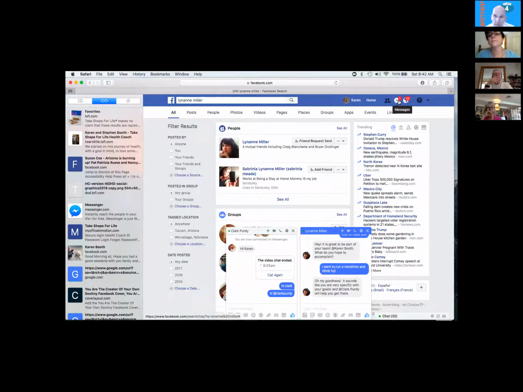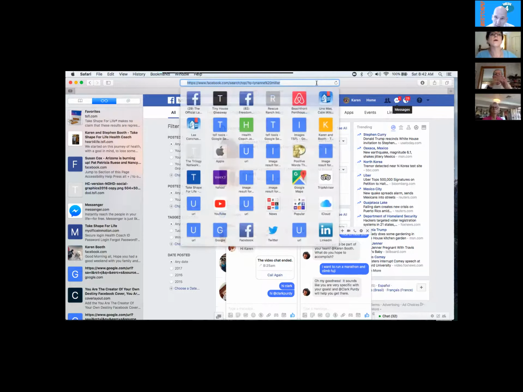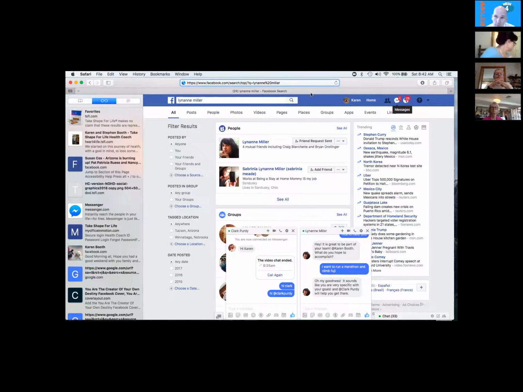So up where it says facebook.com at the very top of your window, Karen, click in there and type messenger.com. But double click now because you've got to select everything, or triple click. You want to select all of that.